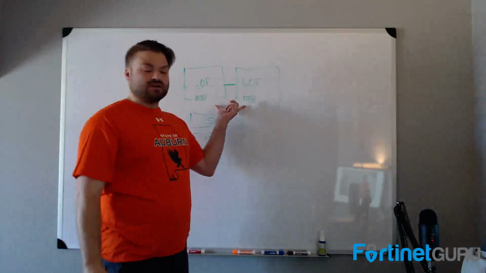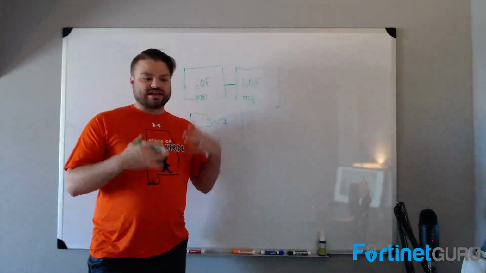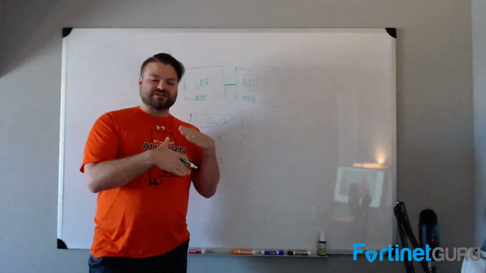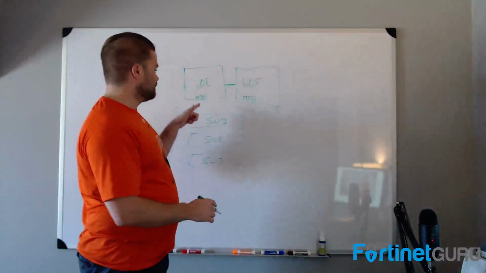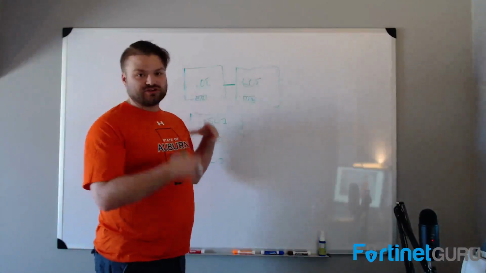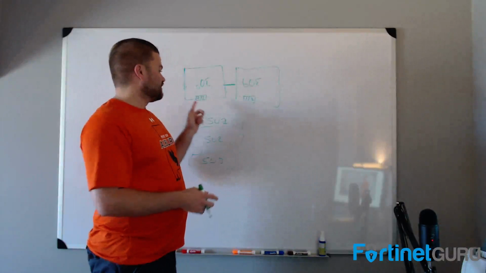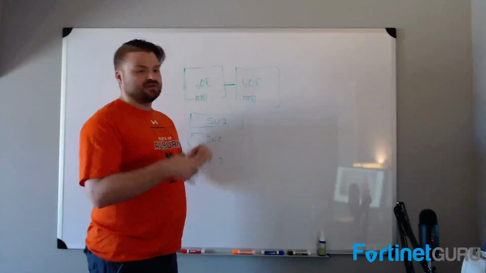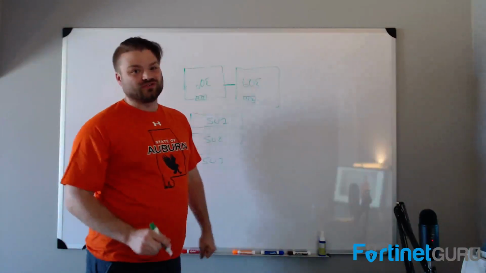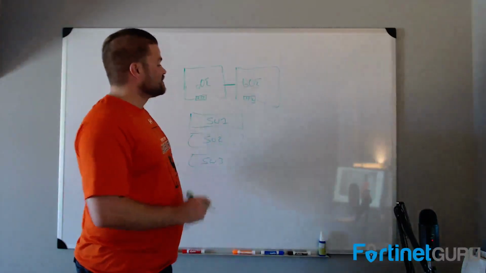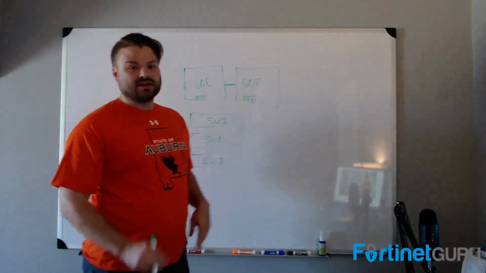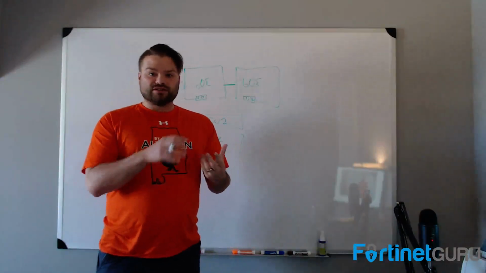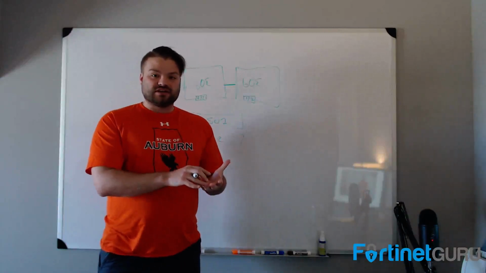Now remember, when the FortiGate is in an HA cluster, logically it's one device. So if you have your HA cluster built and you're building your redundant link, and you add port 1 and port 2, it's going to add port 1 and port 2 from each FortiGate to that. So you have your redundant link, you build that link, you add the interfaces to it, and then this is